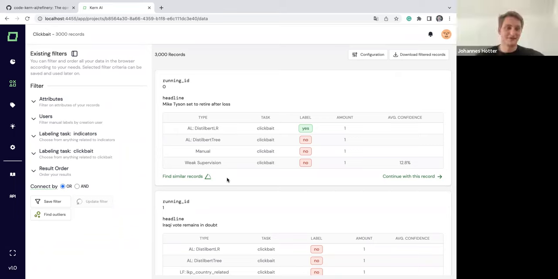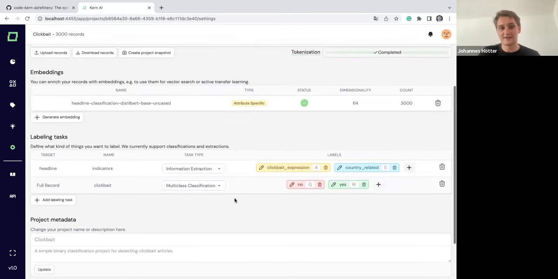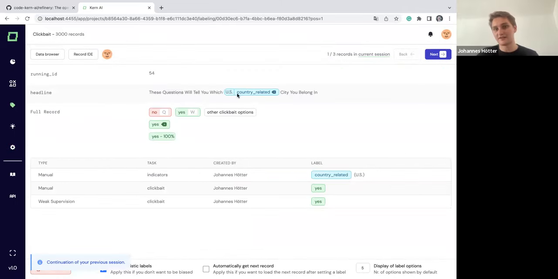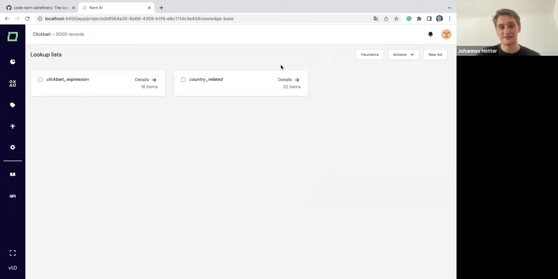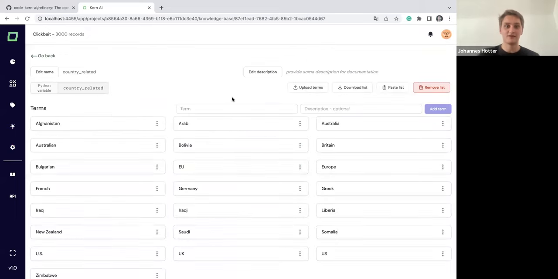Yeah. And from there, basically, you can really build cool training data sets. You can look into the quality. Also, something cool is that you have multiple labeling tasks that you can set. So for instance, in this case, I have my clickbait case where I just want to binary label, is this clickbait, yes or no? Or I also want to maybe label some indications. So for instance, is something country related or a clickbait expression? If I want to label this, like in this case, where I want to collect all the country related instances, what this will do is create a lookup list with exactly those labeling tasks and collect those